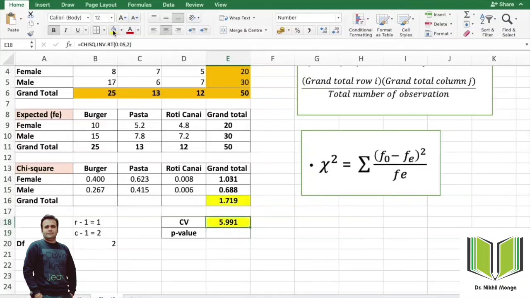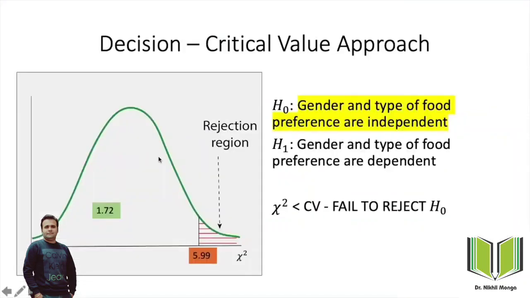Let me highlight it. Now I'll explain with the help of the diagram. You can see this is our distribution. Here you can see our critical value, that is 5.99. So you have a critical chi-square distribution, and the chi-square value we get is 1.72. So this is our chi-square statistic value.